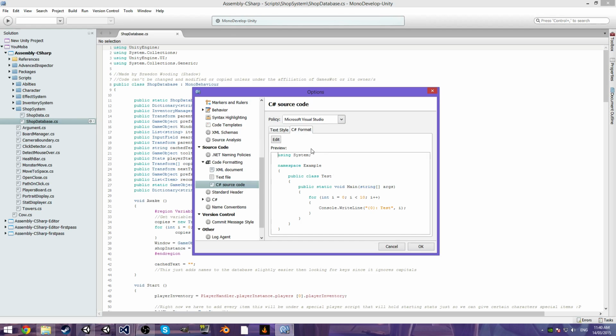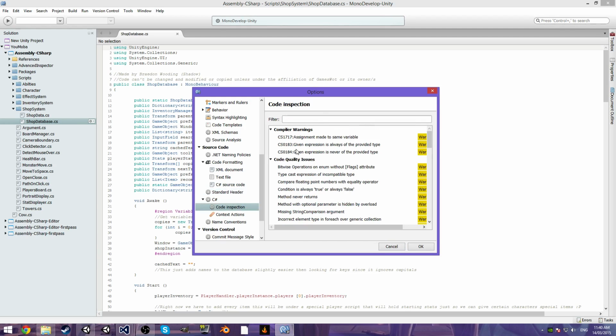There we go. So we can do different formats of how we want it to look. So see, we can do stuff like this, and this is how you want to do it. This is the format of it. So now we're just gonna